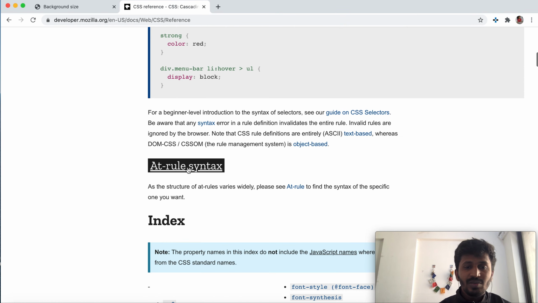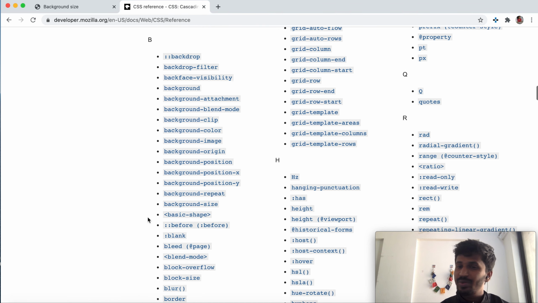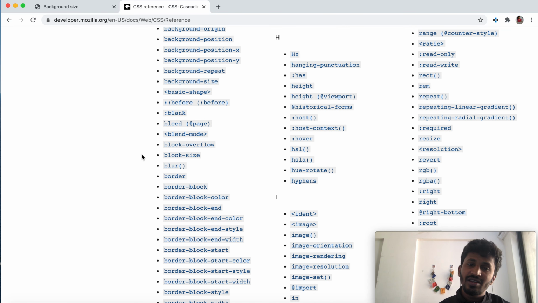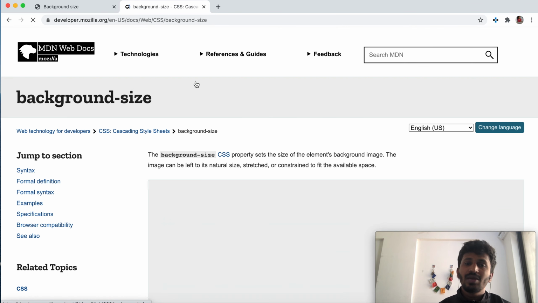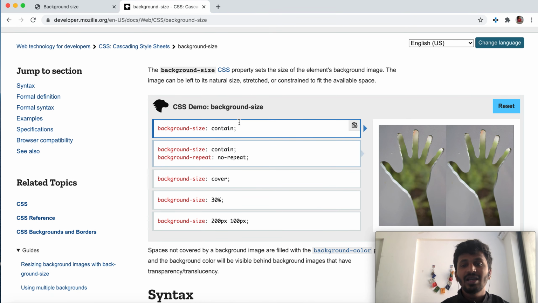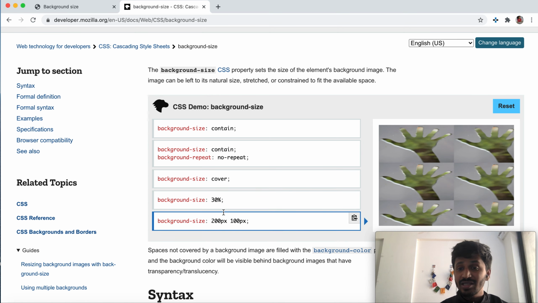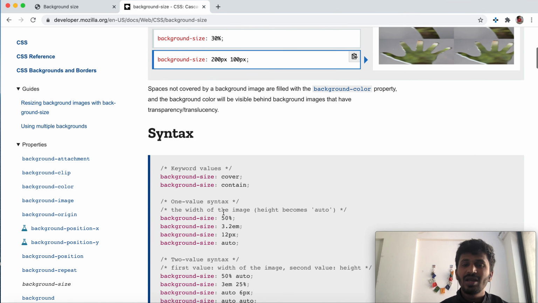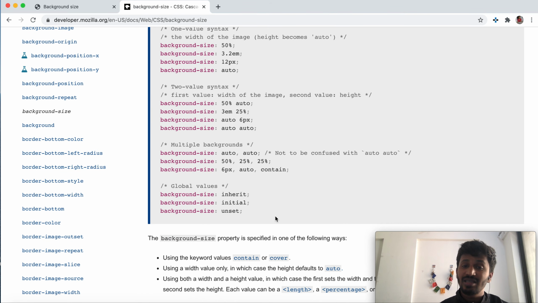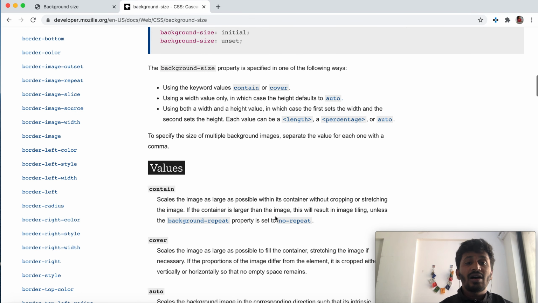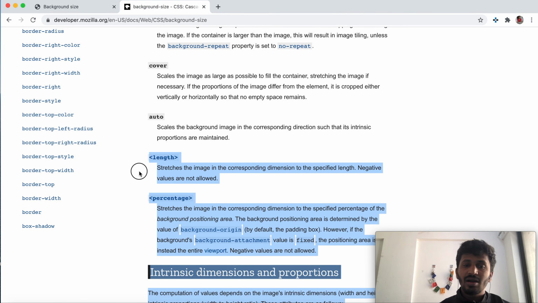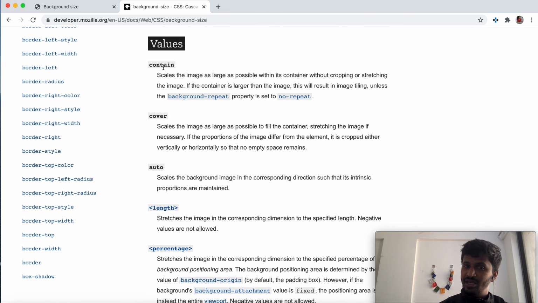In this particular document you will see a list of all the properties and their information, working model. I really recommend everyone to follow this document, because if you go into one particular property they have an explanation of what that property is. They have working demos so that you can quickly check out how it looks when you change the values. They have given the syntax and the different values so that you can try them in your browser and actually see and understand how it works. Apart from that, they have the values section where they have given all possible values that any property can have, and we can try each one of them.